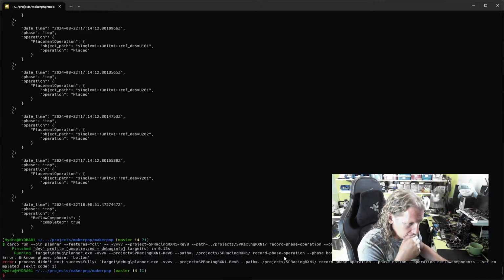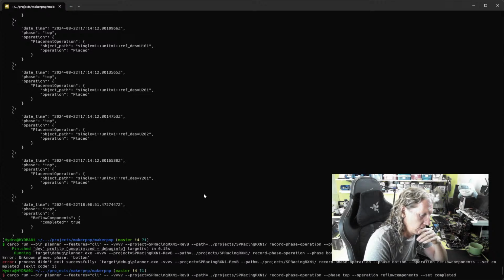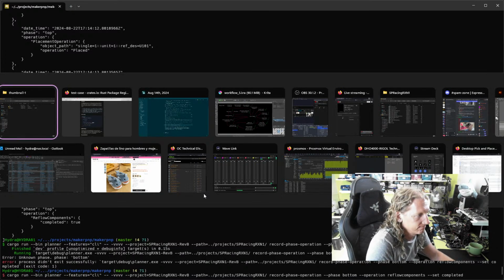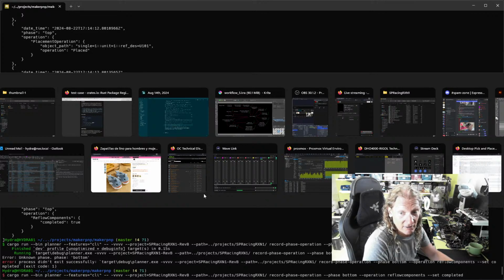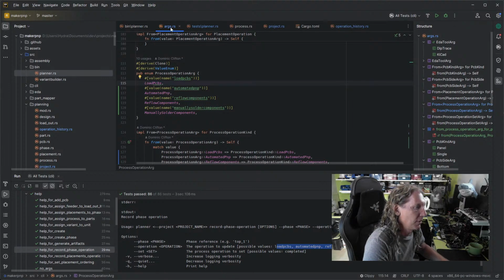That's interesting. I don't think this should be unknown phase. I'm not sure if that error message is correct. Let's see what's going on there. It might be that the operation doesn't exist and the error message is bad. See tests for the error handling. You see, we are missing a few. I know this. Close